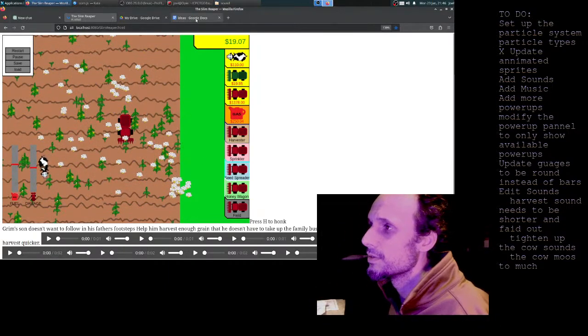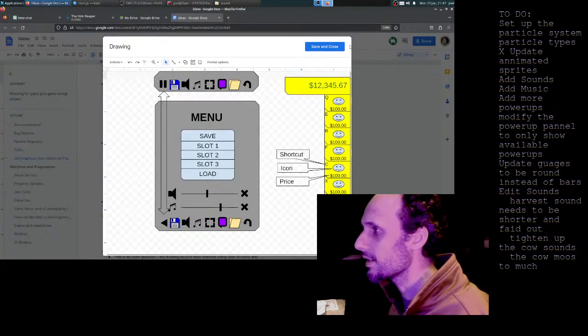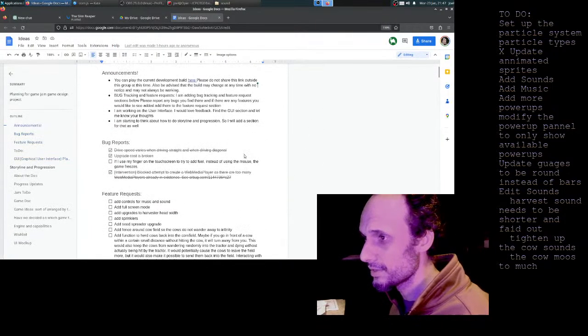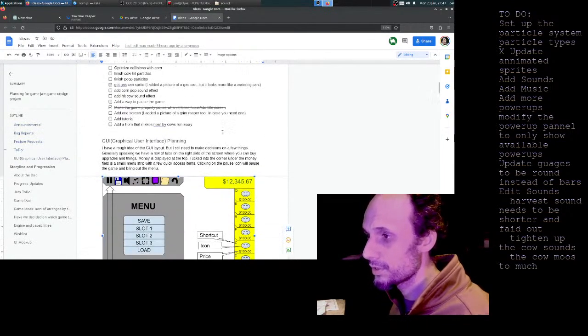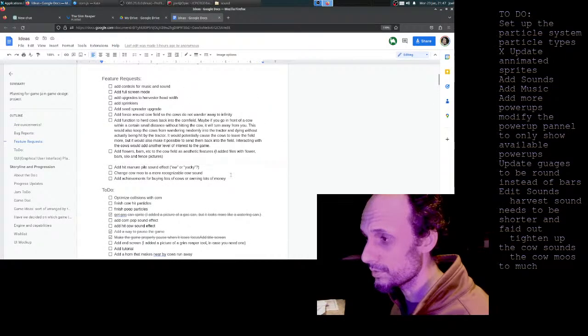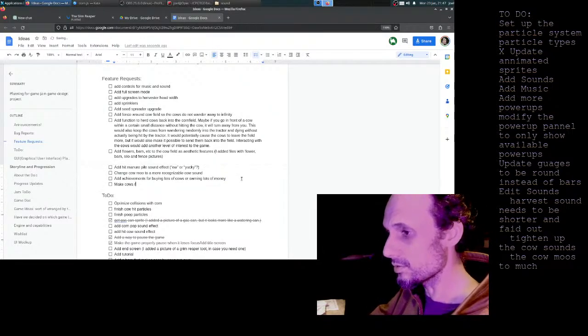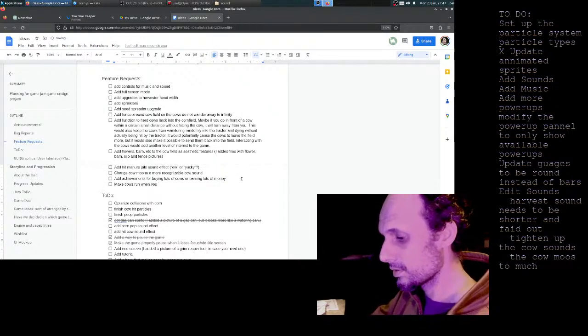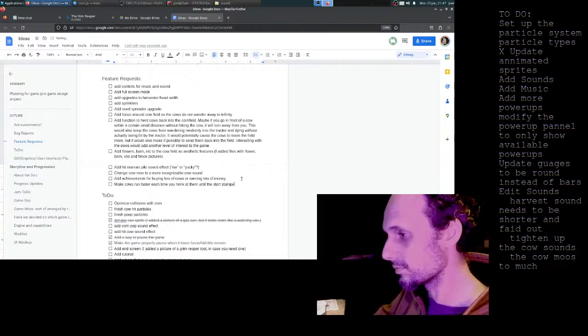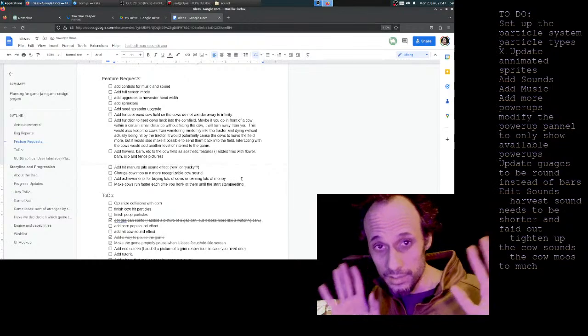So let's go back up into the design doc. Let's close this. Come down here. Bug reports. To do. We're gonna put it in feature requests. Make cows run until they start stampeding. Now, the thing to keep in mind here